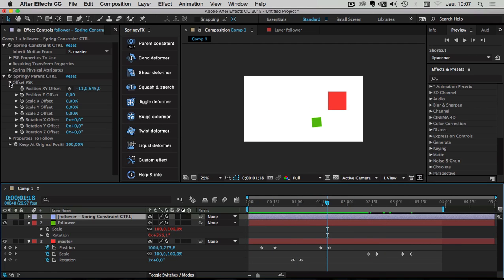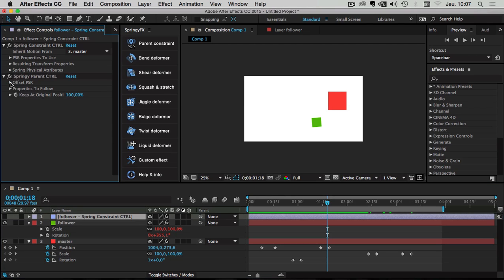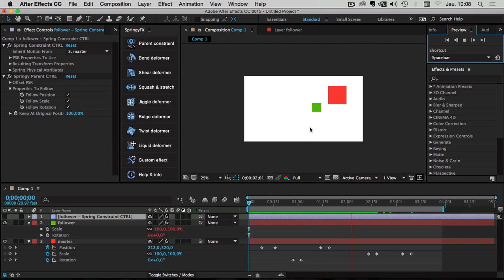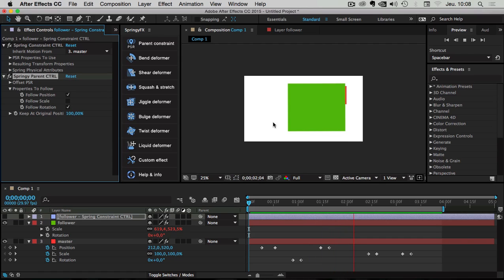So I've talked about offset PSR. You have the ability to tweak the properties to follow and to enable or disable the position, the scale, or the rotation. By default, the position, the scale, and the rotation are all enabled, which makes the secondary motion springy follow when the position, the scale, and the rotation are keyframed. But if I, for instance, deactivate the follow scale, for instance, as you can see,